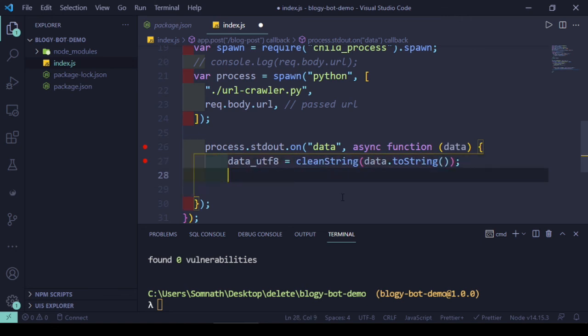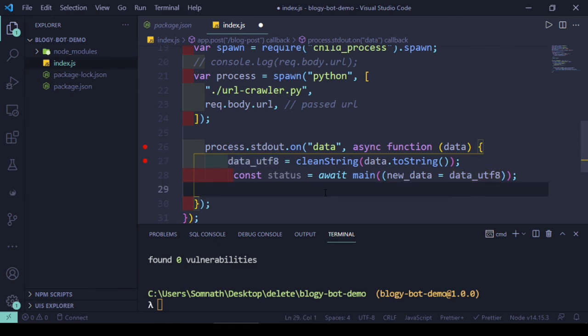Now we'll create a main function, yet to be created, where we'll pass this UTF-8 fashioned, clean string without any garbage characters. So I'll just pass it to the main function, and this main is yet to be built.